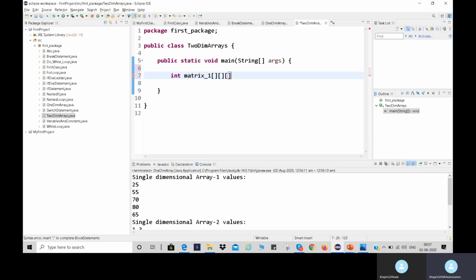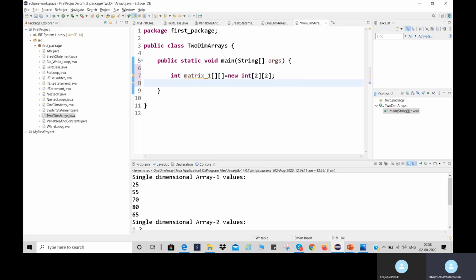Like this: is equal to new int of 2 rows and 3 columns. Otherwise, I am taking 2 rows and 2 columns in this matrix.